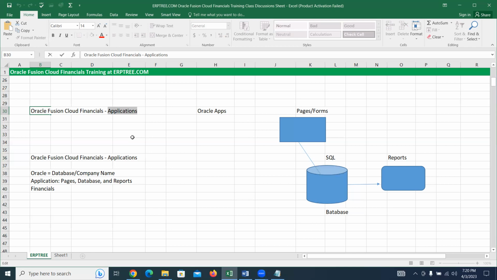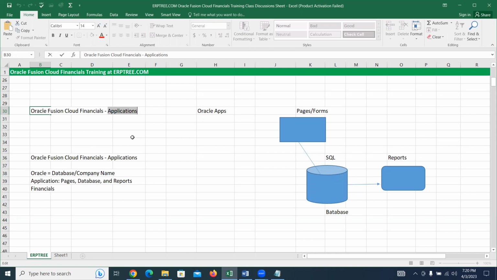WhatsApp application, Facebook application, and LinkedIn application or site, you may call it a site, and many other applications also. These are the different applications we use for different purposes. Mostly those all come under a family called social media.